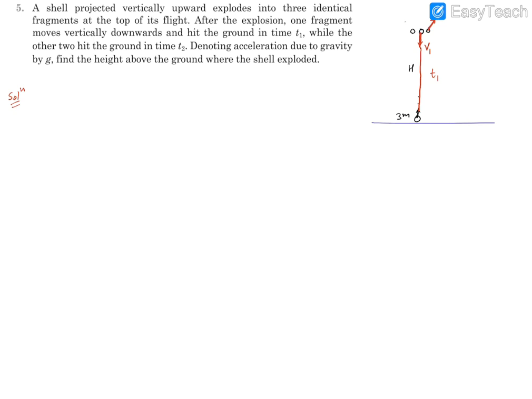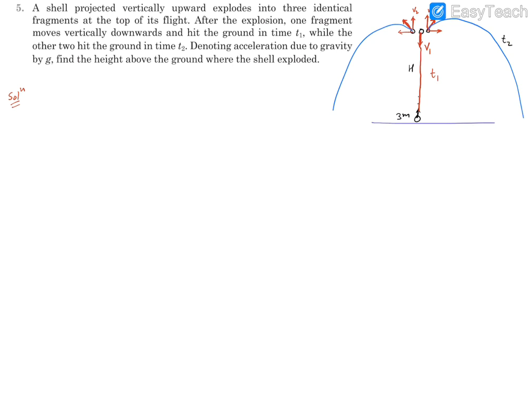There will be linear momentum conservation, so horizontal components are going to be identical, and vertical components should be identical because they take the same time, because time of journey depends on the vertical velocity only. So let's say this vertical component is v2, and this vertical component is also v2. There are going to be some horizontal components, identical so that they cancel out. Now each is going to follow a parabolic path, and they're going to head downward in time t2. So this time is t2.